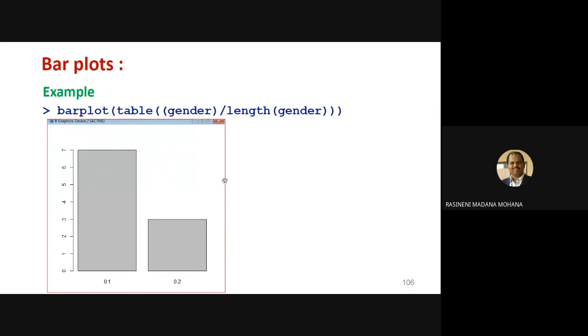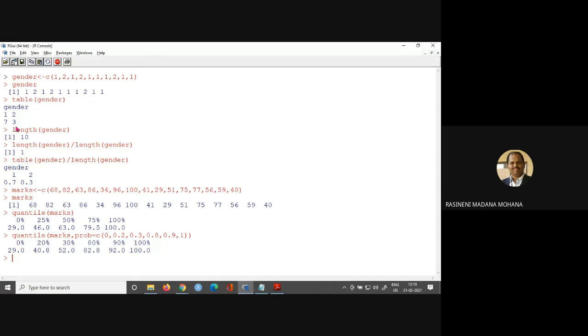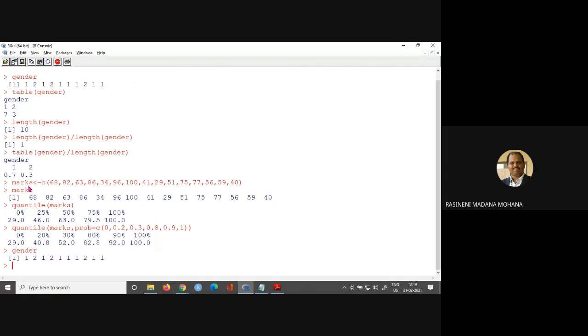Now we will also demonstrate this one. Let us call the gender vector. So here is what we created. This is the gender vector. Now we are creating a bar plot of, without frequency, simply for gender.